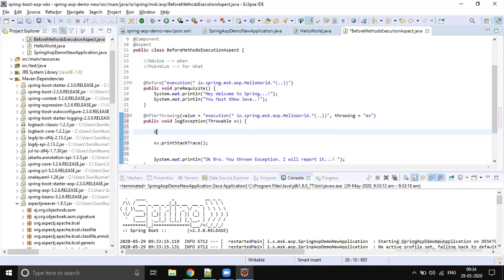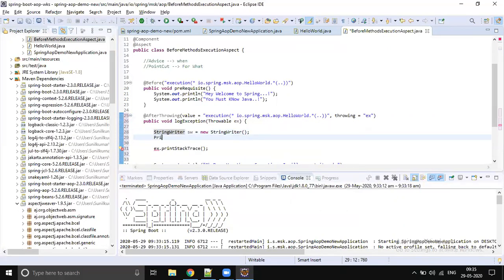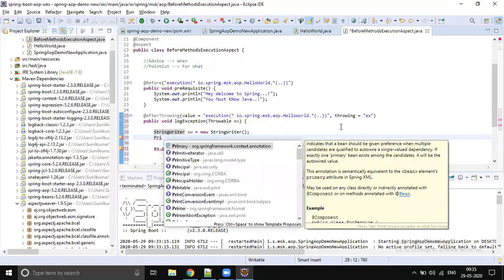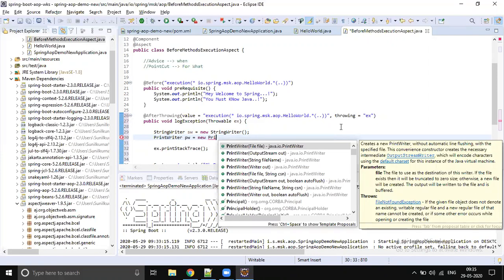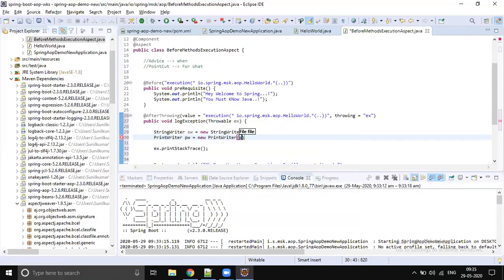To get that, you should do StringWriter sw equals new StringWriter. Then PrintWriter pw equals new PrintWriter, and let's pass this sw.